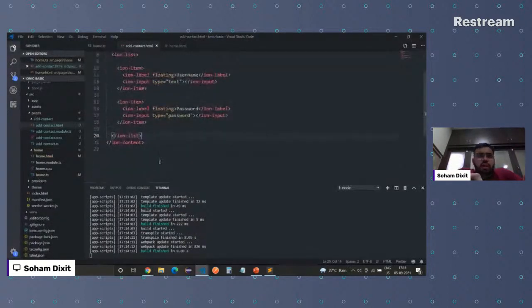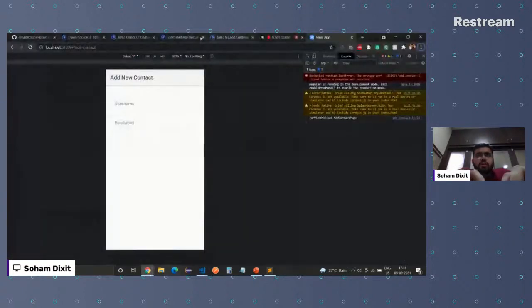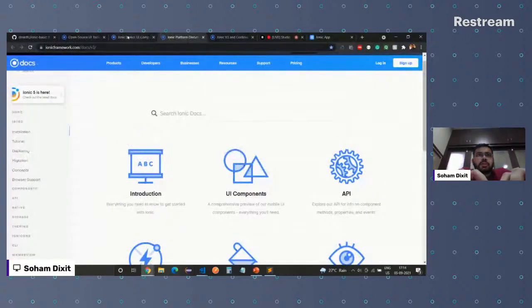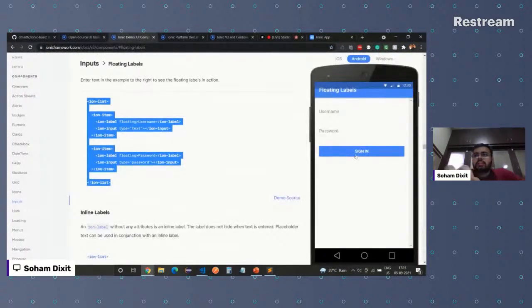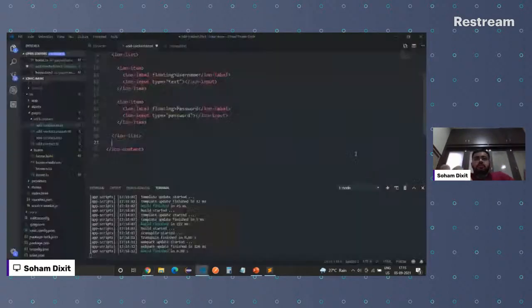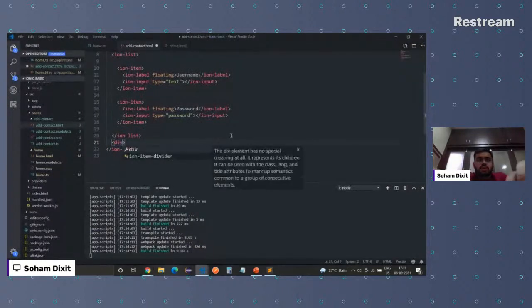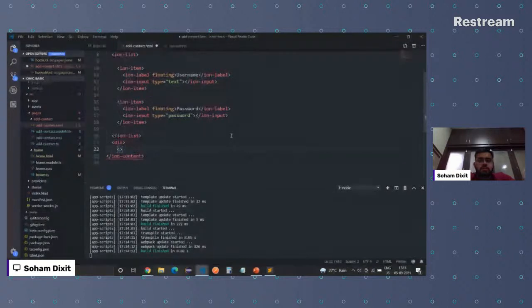Also we are going to have this button as well, which says sign in. Instead of sign in, this button will be nothing but the add new contact button for us. So let me define it over here. I'll have a div, and inside my div I'll have a button.